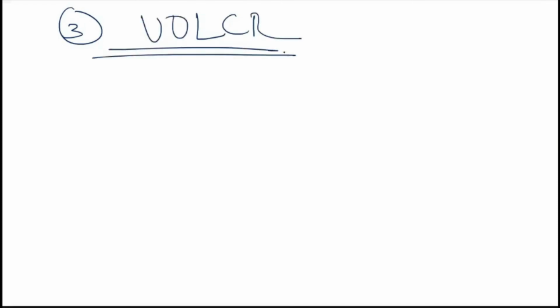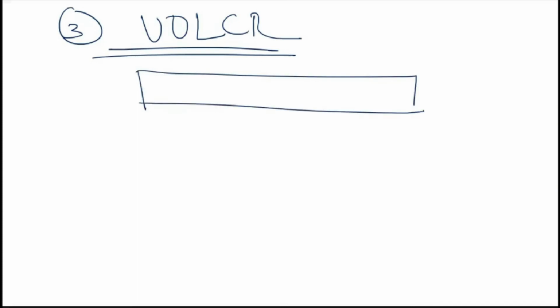Third one is the line control register, LCR. So the UART0 line control register is essentially a 32-bit SFR, but we are using only the first 8 bits. That is what is more important for us.